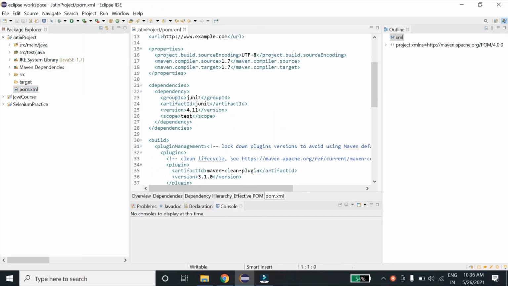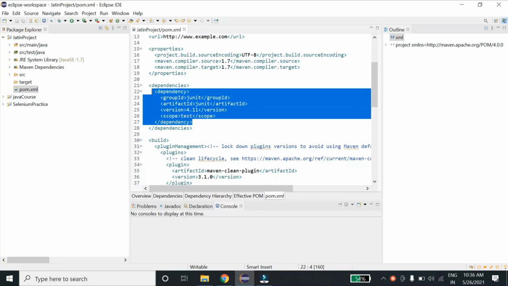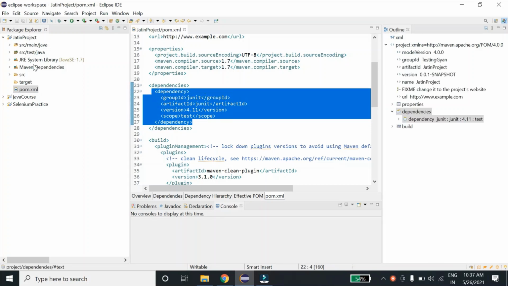So you can see a couple of dependencies it has already defined over here. It has this JUnit dependency over here. Now let me show you.